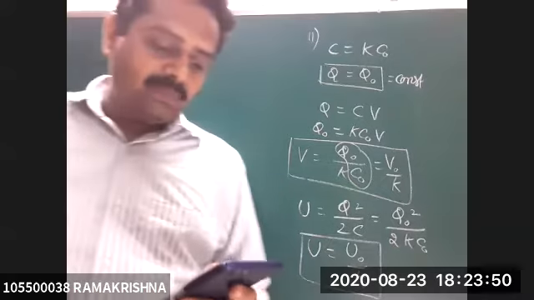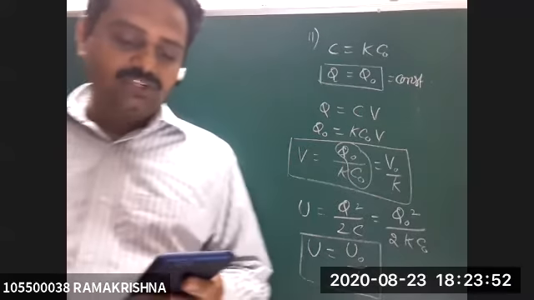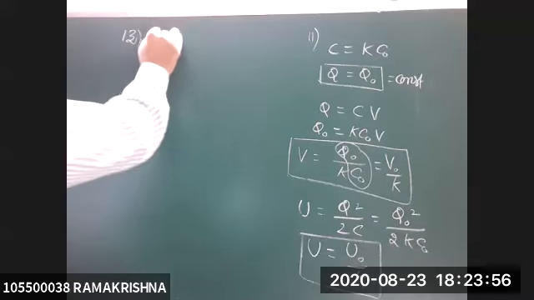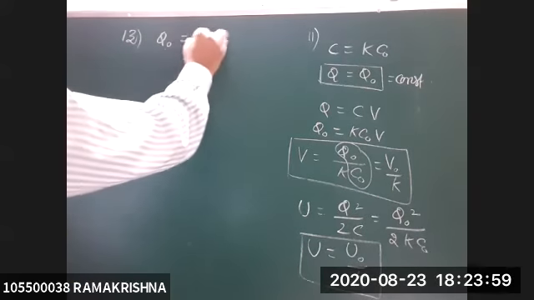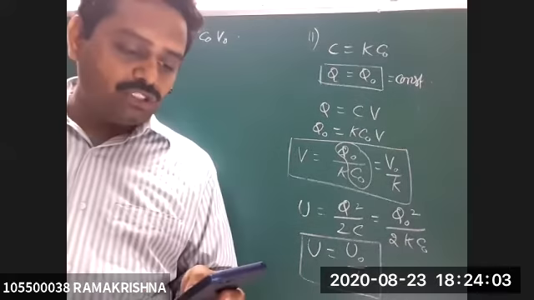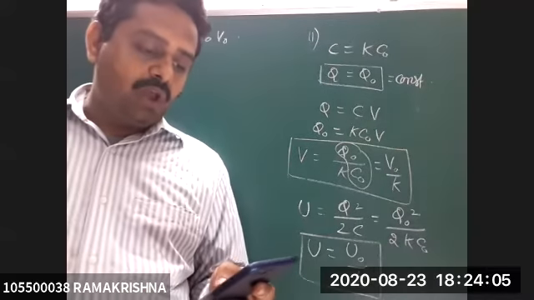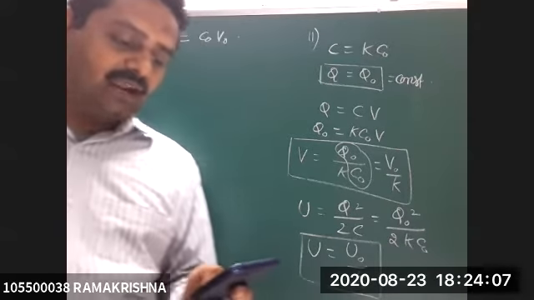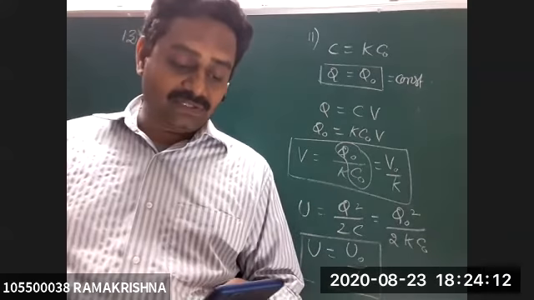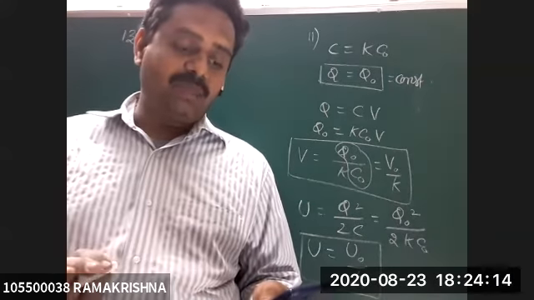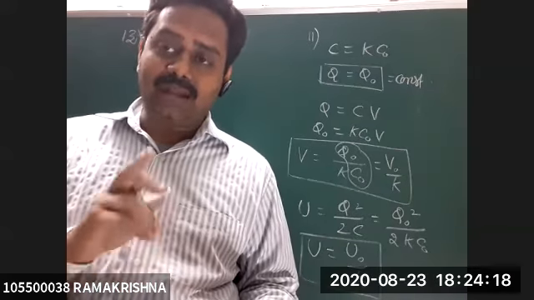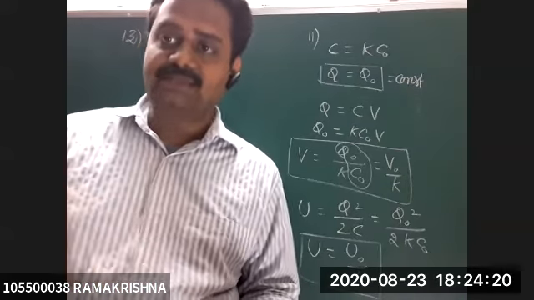A parallel plate capacitor of capacity C naught is charged to the potential V naught. That means the charge is Q naught, and it is equal to C naught into V naught, right? Next, the energy stored in the capacitor when the battery is disconnected and the plate separation is doubled is E1. What is the first task? The energy stored in the capacitor when the battery is disconnected. Remember that when the battery is disconnected, its charge remains constant, right?